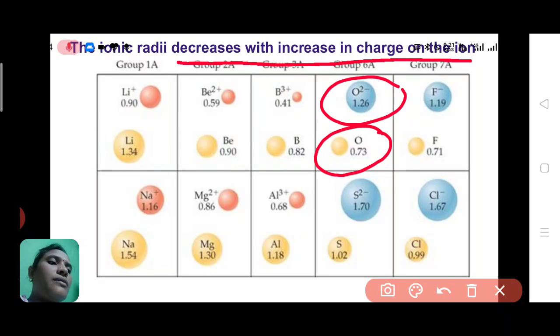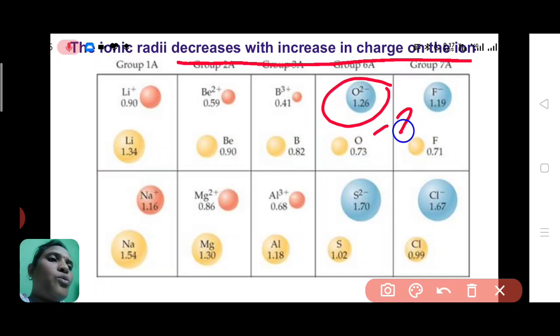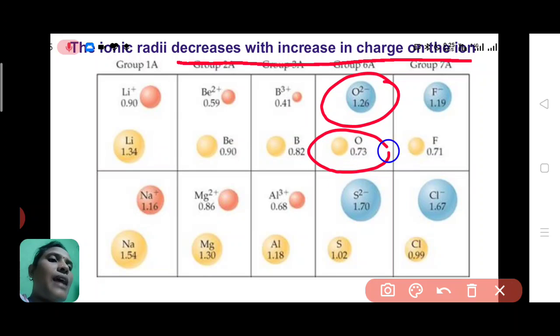Here the charge is 2 minus. The minus sign indicates a decrease in charge. So here charge is decreasing as compared to 3 plus. 3 plus means increase in charge and minus 2 means decrease in charge. So due to this decrease in charge, this oxygen anion